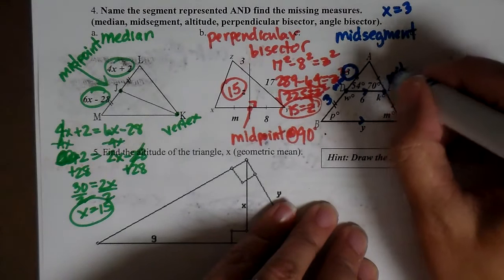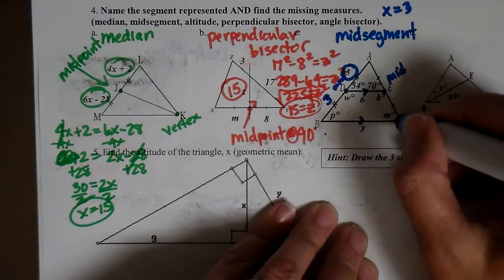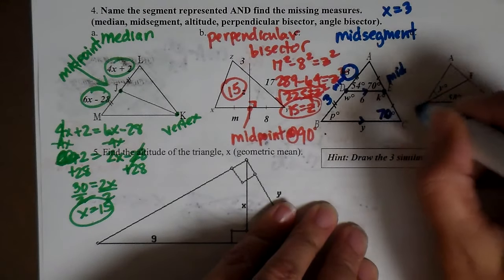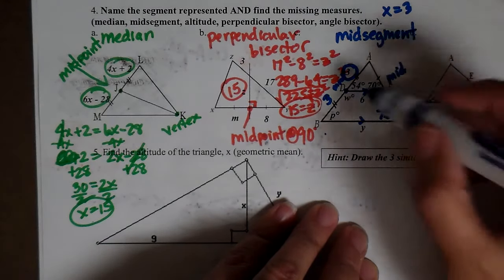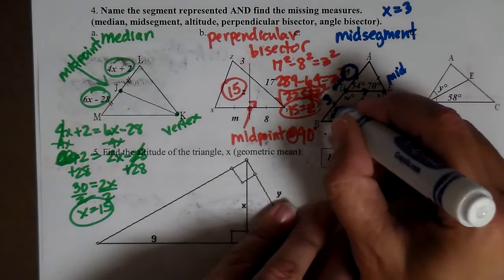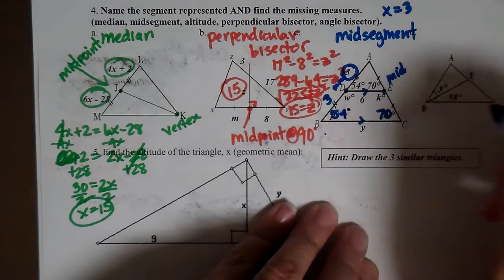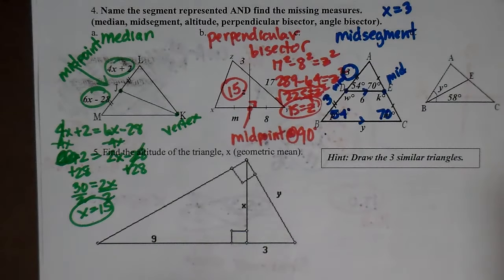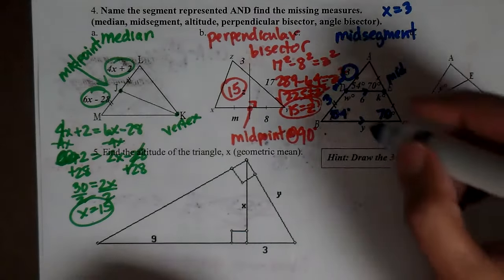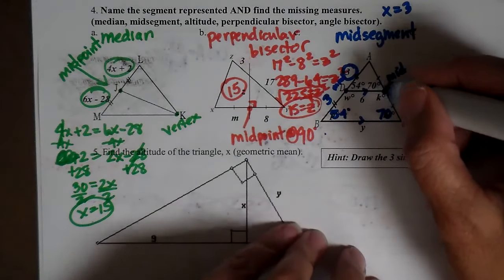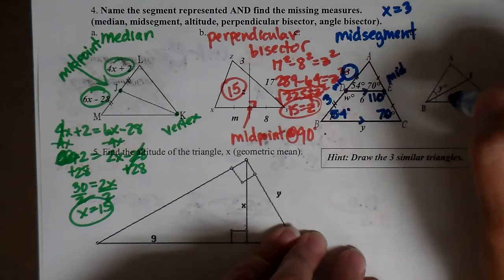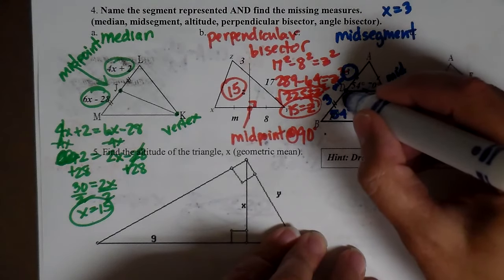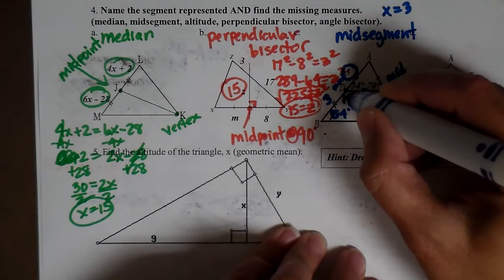If this angle is 70, M is also going to be 70, because those are corresponding angles. Remember we talked about corresponding? So if that's 54, P is also 54. They're corresponding and they're congruent because the lines are parallel. You've got a linear pair here. So if that's 70, that's got to be 110. And if that's 54, that has to be